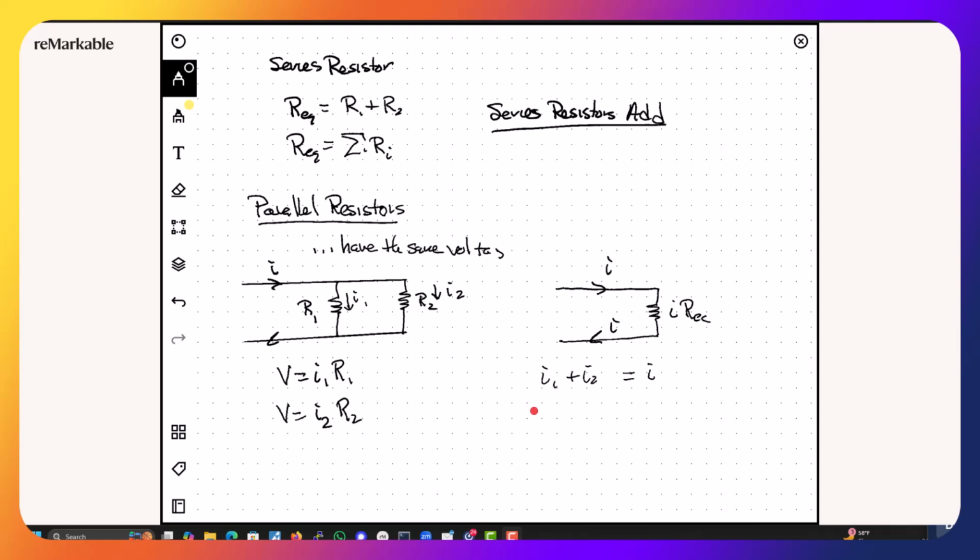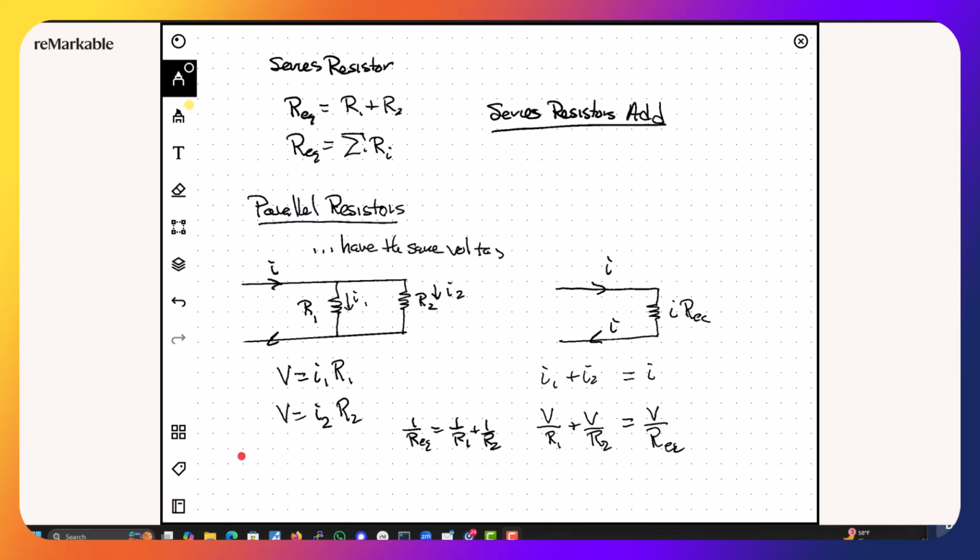So I could then say, well, okay, this must be V over R1 plus V over R2 is V over R EQ, and lo and behold, 1 over Req is 1 over R1 plus 1 over R2,